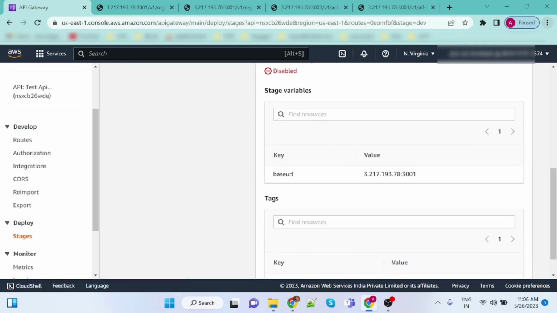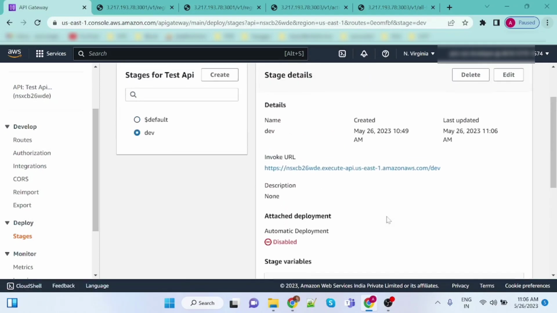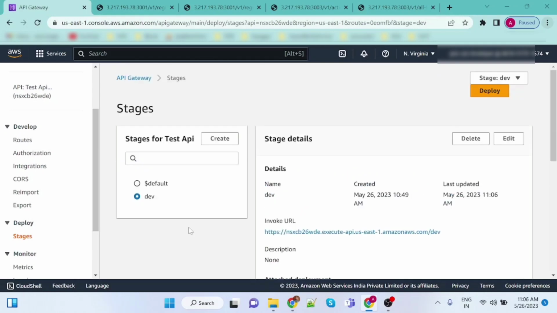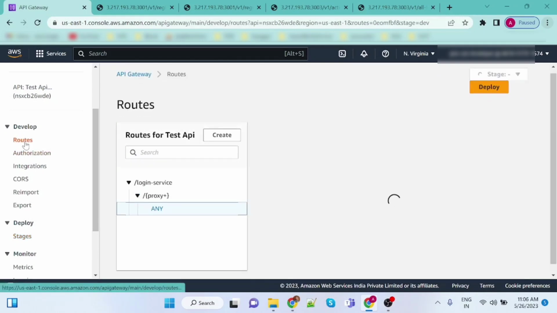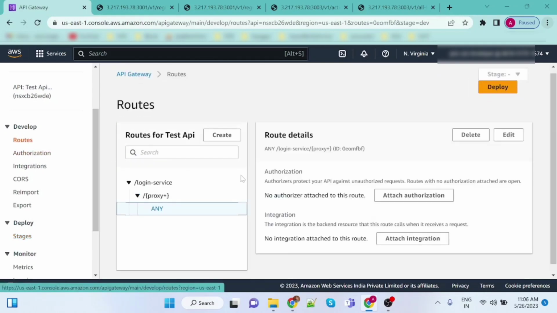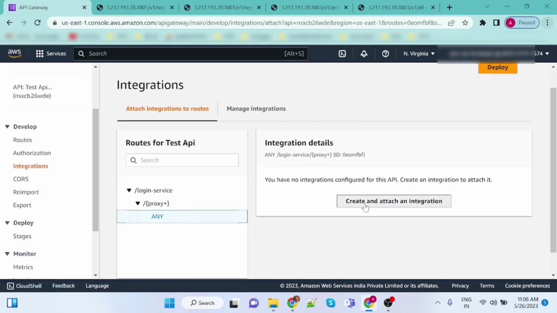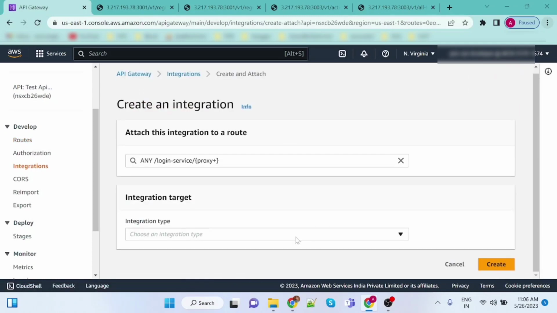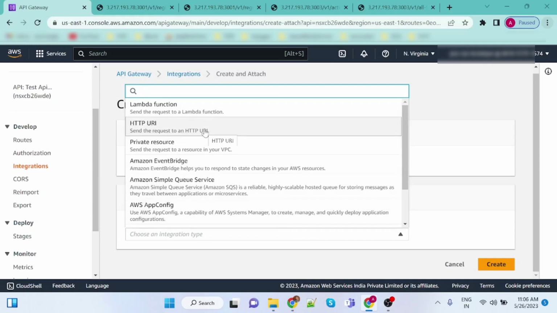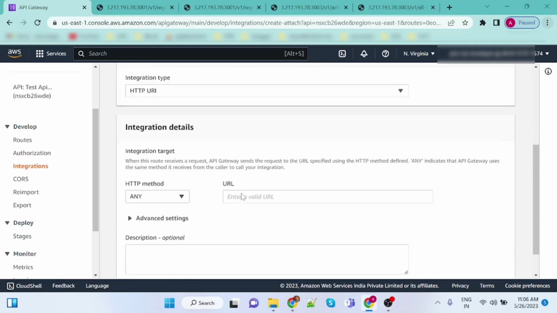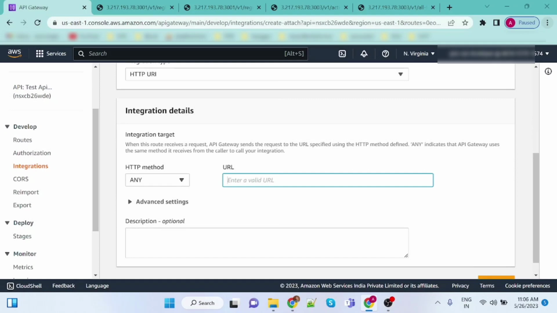Now I have created the base URL stage variable in dev, and I go to the routes part again. Still I have not created any integration, so again there is the attach integration screen. Create and attach an integration. Target: select HTTP URI. Now in the URL part,